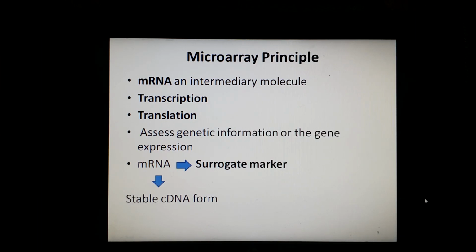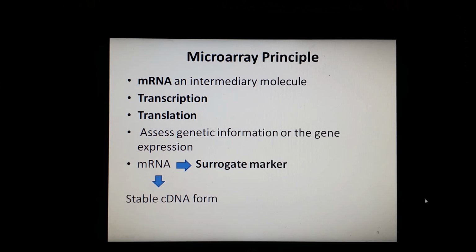Now let's discuss the microarray principle. As you know, messenger RNA is an intermediary molecule which carries the genetic information from the cell nucleus to the cytoplasm for protein synthesis. Whenever some genes are expressed, or are in their active state, many copies of messenger RNA corresponding to particular genes are produced by a process called transcription, which we have discussed in detail. These messenger RNAs synthesize the corresponding protein by translation, and this transcription and translation is basically the central dogma of molecular biology. We have discussed this before.